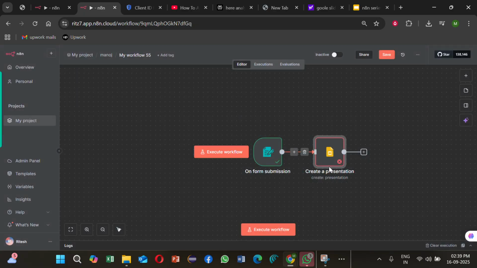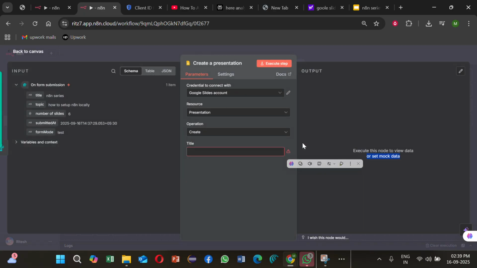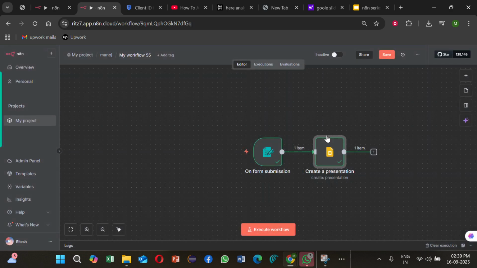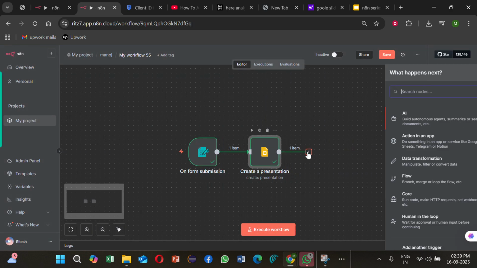So now we'll go here. Title would be this, right? Title would be this, and when we click on execute, we get the presentation ID. This is where we need to send a POST request to generate slides, basically. Yeah, and then once this is done, we need a